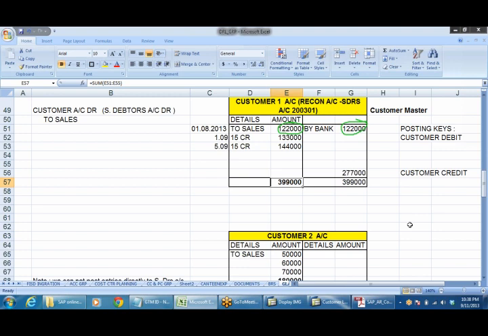If management asks what the outstanding amount is, I'll say 3,99,000. Now out of that, how much is collectible and how much is not collectible? If that question is asked by the management, what should I say? 1,20,000 is collectible, meaning that is due, and these two are not due. So this kind of age-wise analysis, and management may also ask me what is the age of the debt.